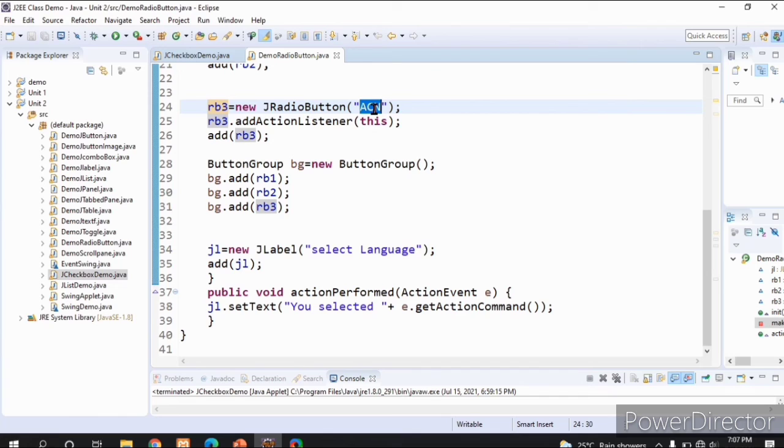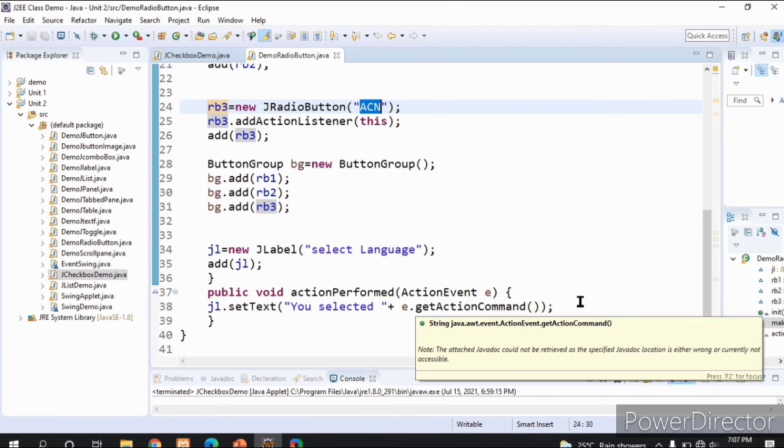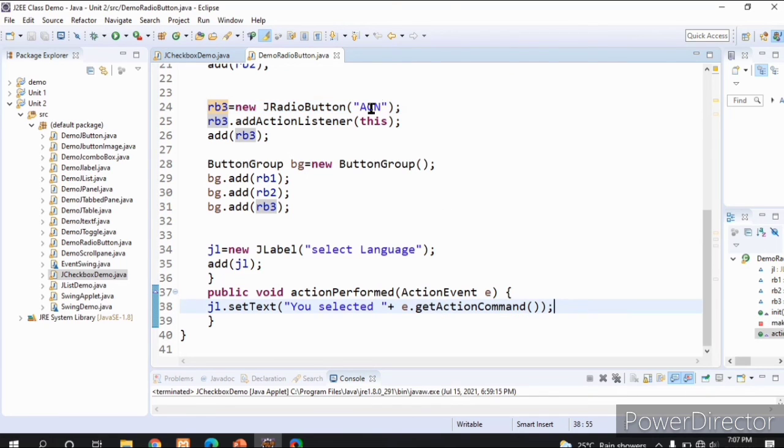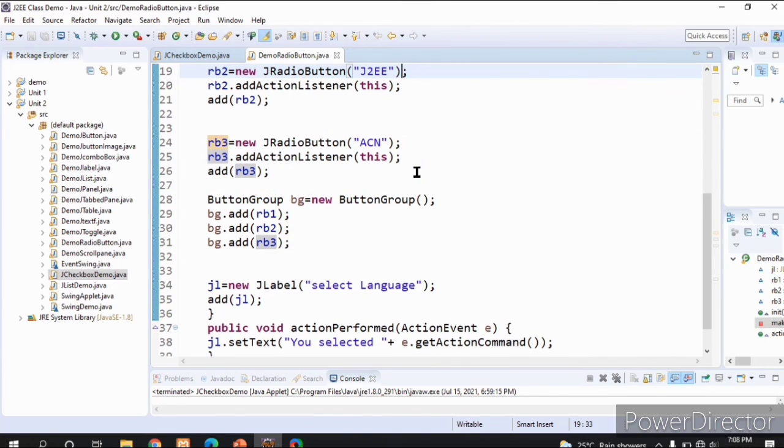Suppose I click on ACN, it will display You selected ACN. getActionCommand means the action command set with this button. If no action command is set, whatever label is there will be returned as the action command. So if I click on ACN, it will display You selected ACN. If I click on J2EE, it will display You selected J2EE.